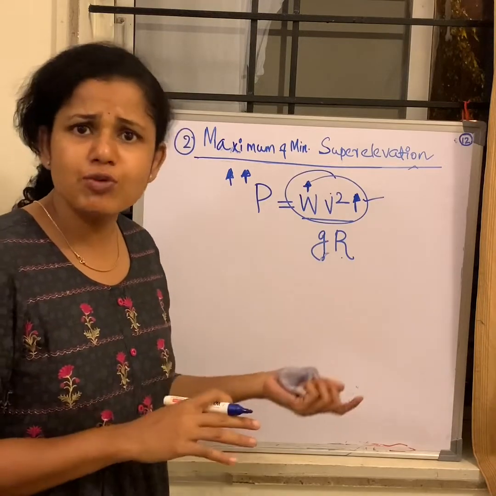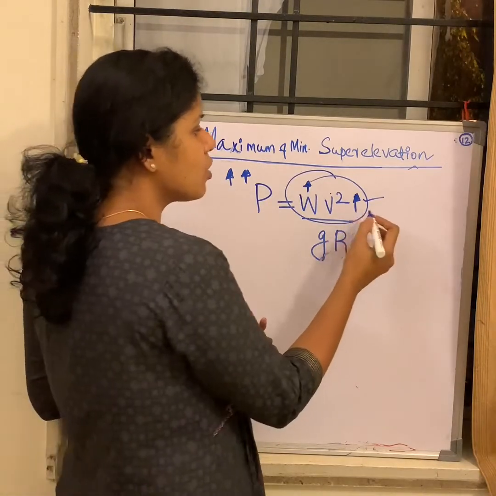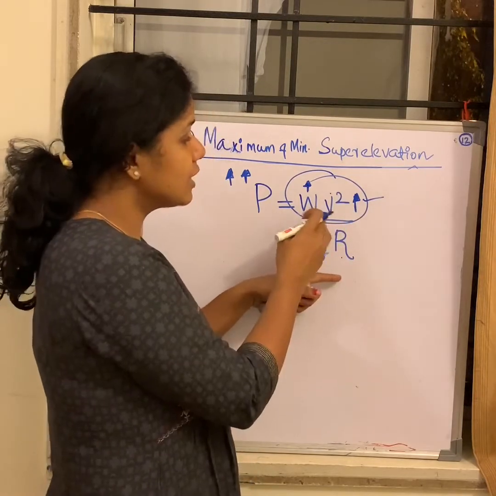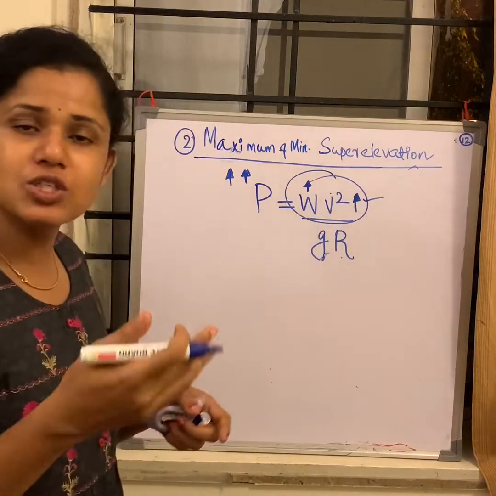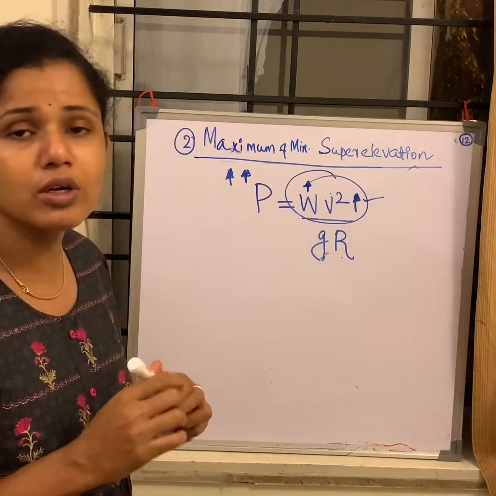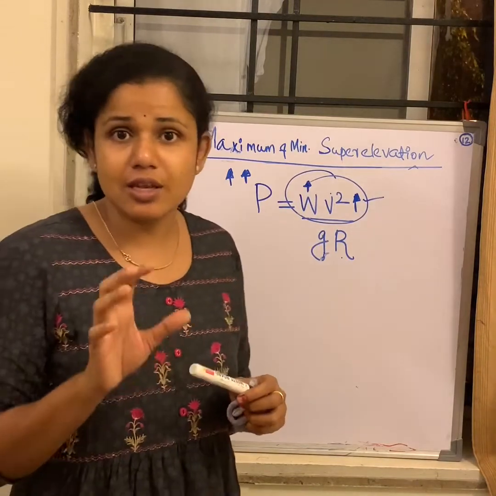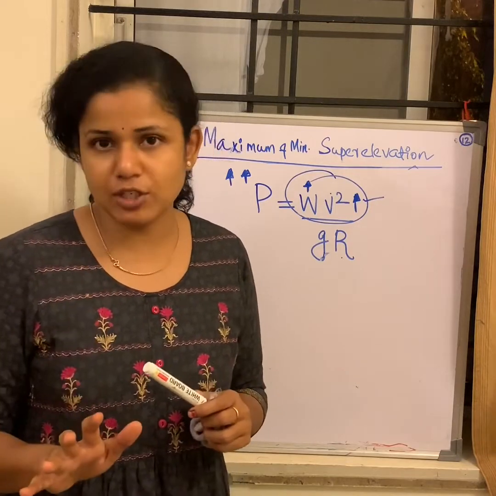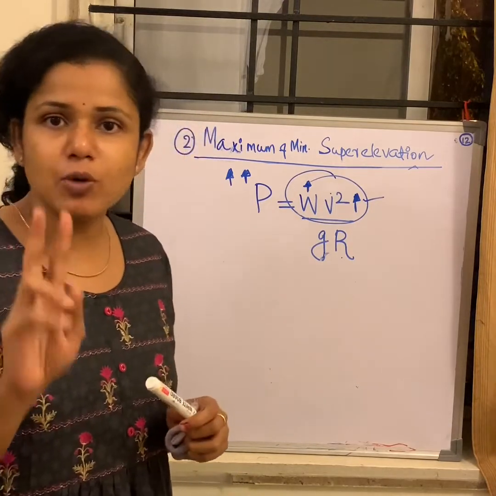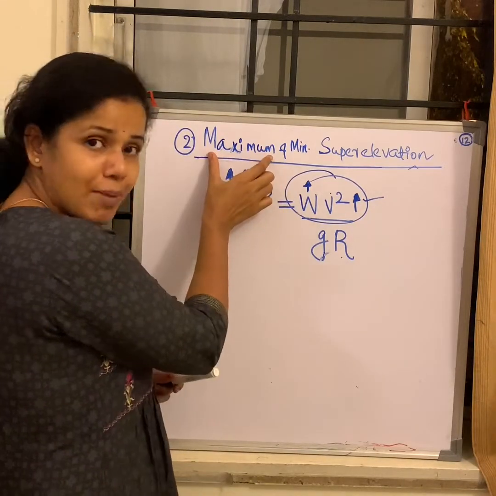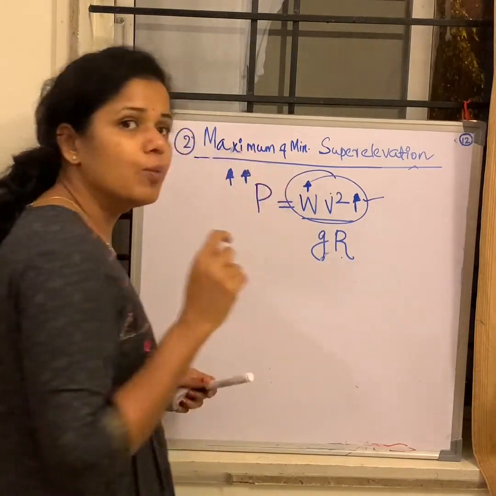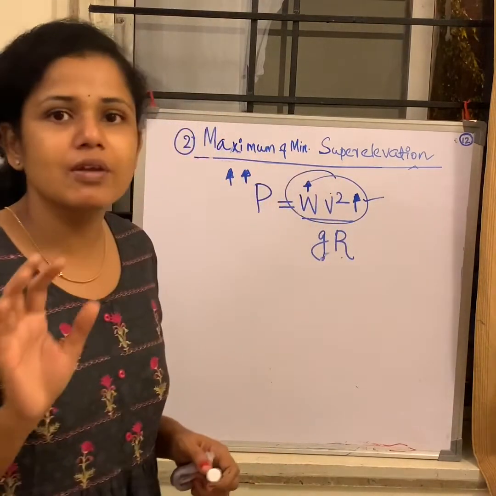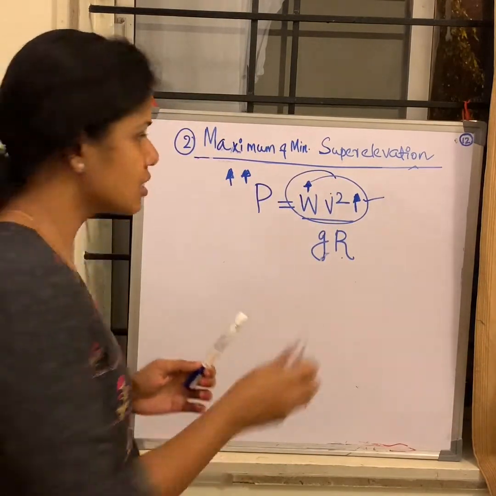The vice versa holds for slow moving vehicles also. If I'm not designing for slow moving vehicles, they cannot sustain on the outer edge, and there is a chance of toppling. So the necessity arises that, considering both, we need to have a limit on the super elevation value. Generally we speak about two things here. One is the maximum super elevation value: how much can one go as a maximum? And what is the minimum super elevation concept? This is what we are going to discuss now.